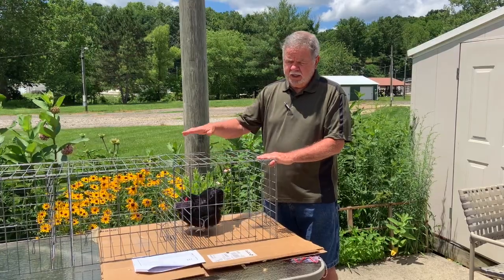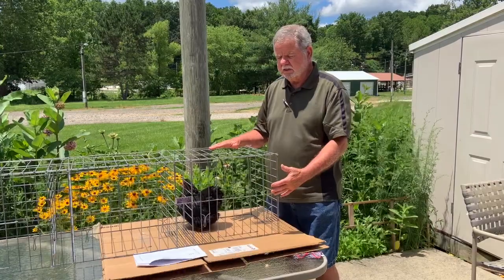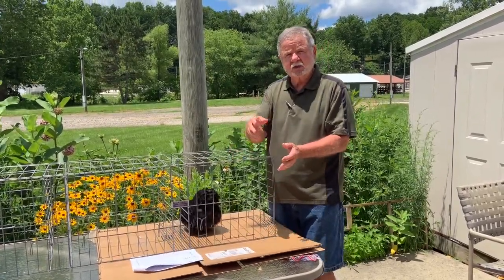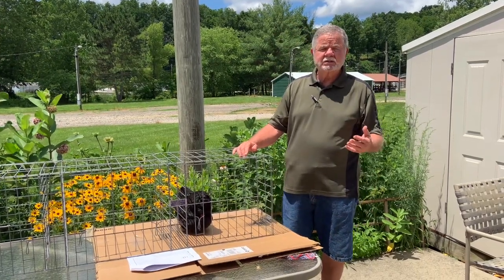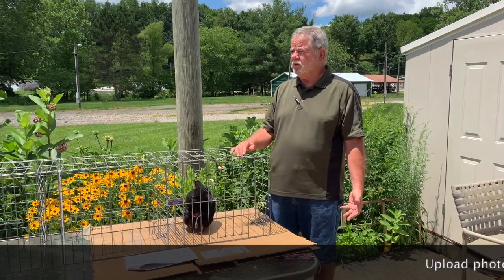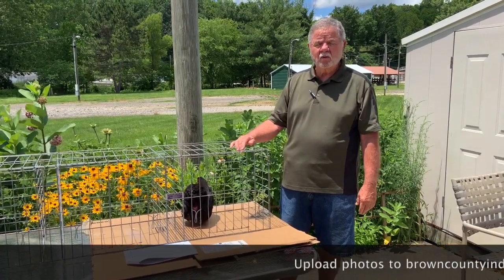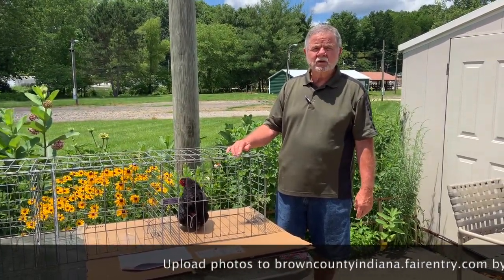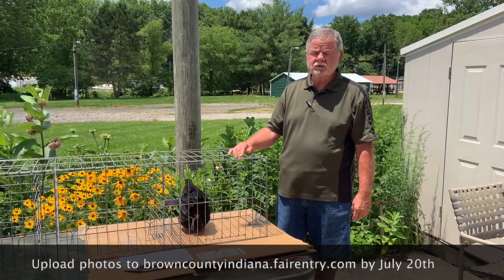So you can use your cage that you have at home, but try to make it so that obviously they can see that. If your bird is tame, sometimes you can just set them down on the table and they'll sit and you can turn them to actually get the pictures. It's important to get as much detail in your pictures as you possibly can. They can be taken with a point and shoot camera or a smartphone camera or a 35mm fancy camera, whatever you have that will work for you, but just make sure that you can upload those to the fair entry